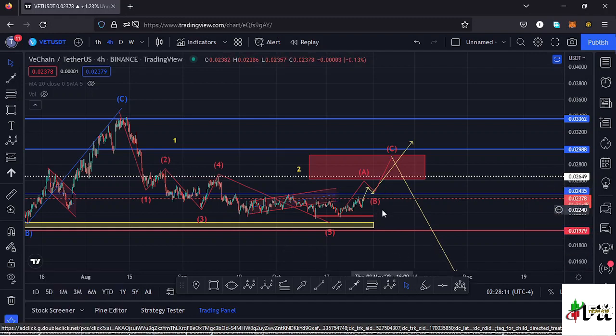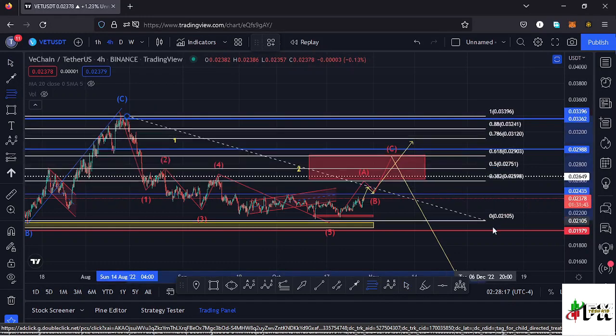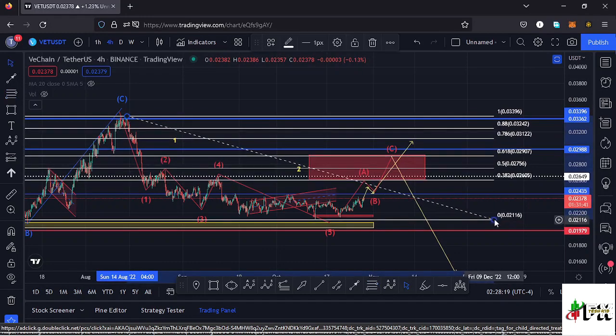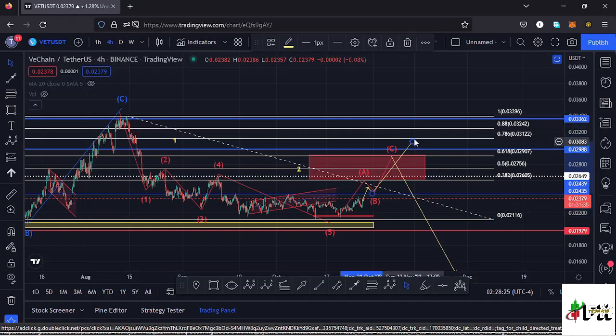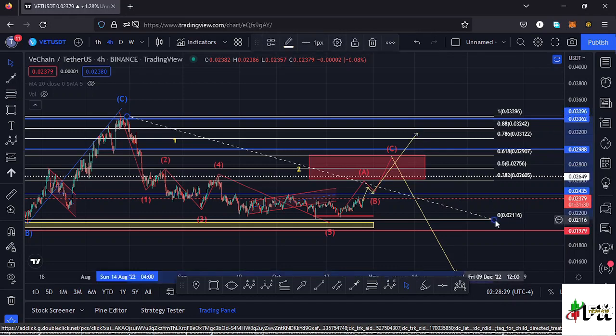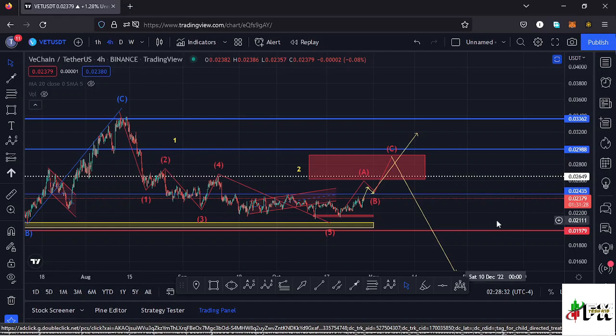And for that to also happen, I will expect Vechain to also manage to break above a key area on the Fibonacci, that is the 0.78 fib level, which lies at around the $0.03122 mark. In case we manage to break above that fib level, there is a possibility of us continuing to push even higher, and once that plays out, I'll have to sketch out even more bullish movements here on the